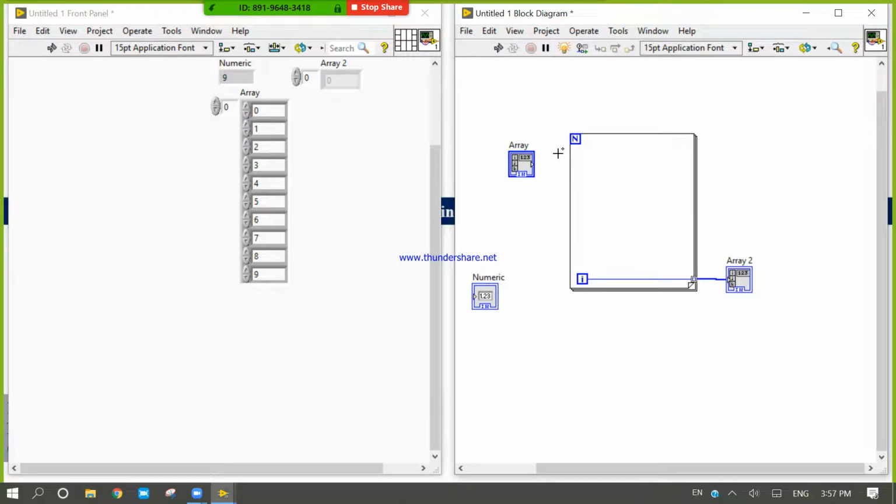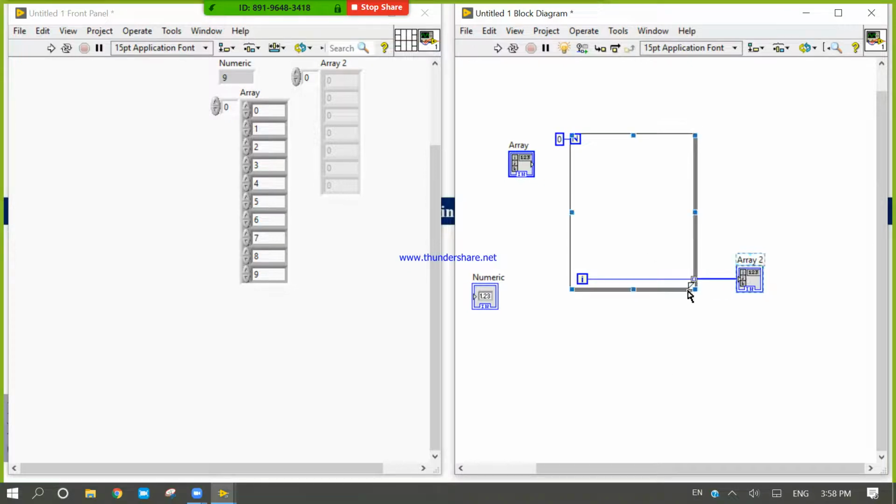So now it is not executable. If I run it, there is no data, and this array is not executed. The array is just uninitialized, because this loop has not been executed. We have given 0, so it runs 0 times.